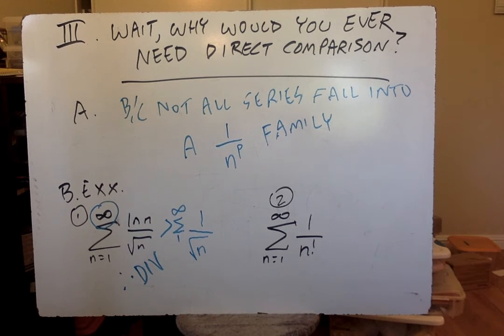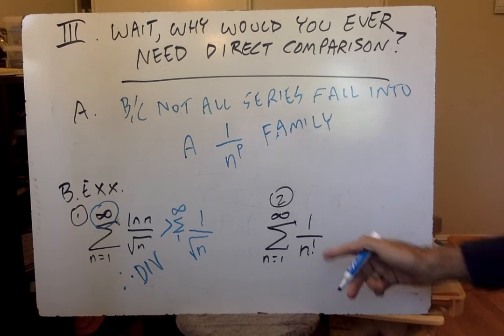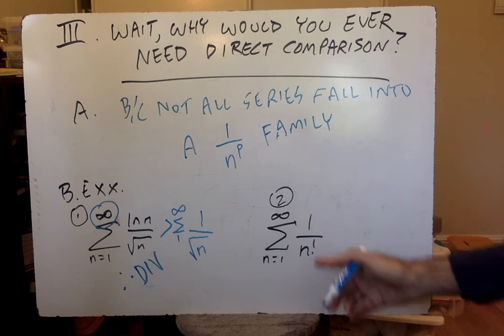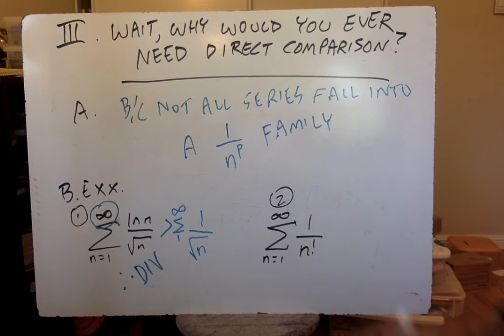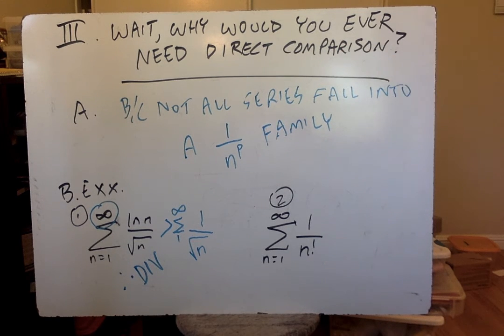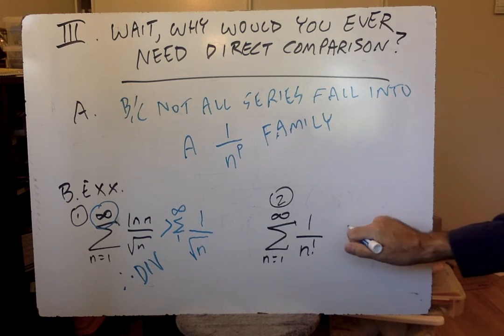You may also look at this and think, well, it just feels like it should converge. Factorial is the fastest increasing function. I know that if I put exponential there, it will converge. So I'll bet this converges, and that's true. And that would actually get you the right answer, and there's nothing wrong with that thinking. But if you were required to use comparison here, direct comparison,